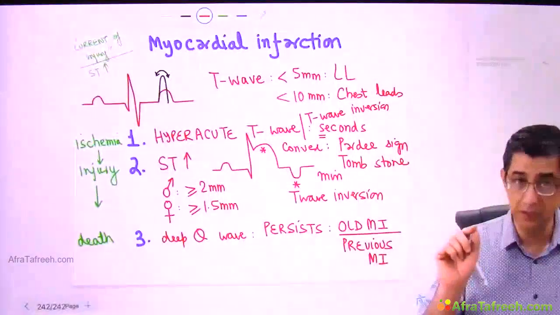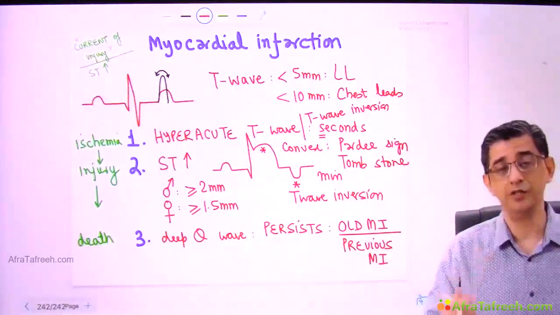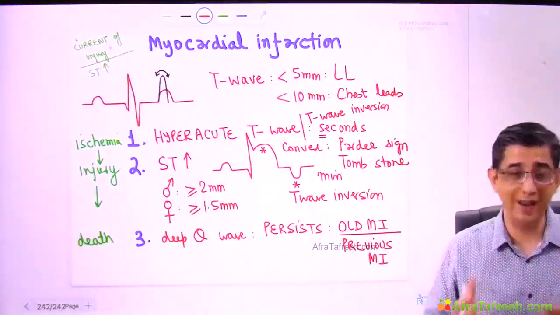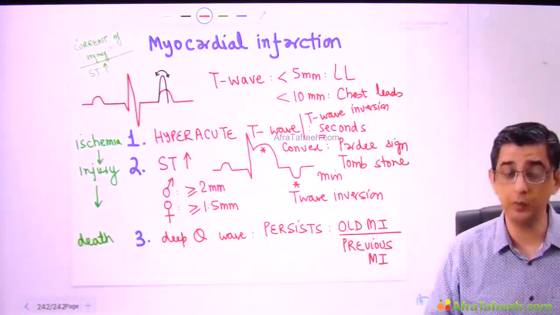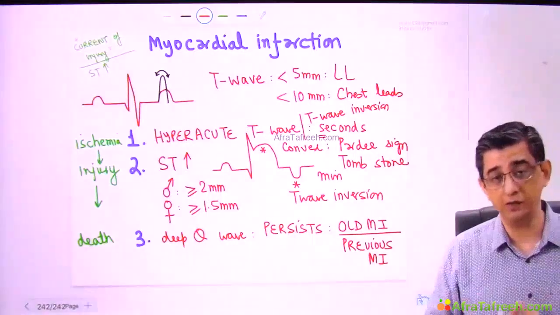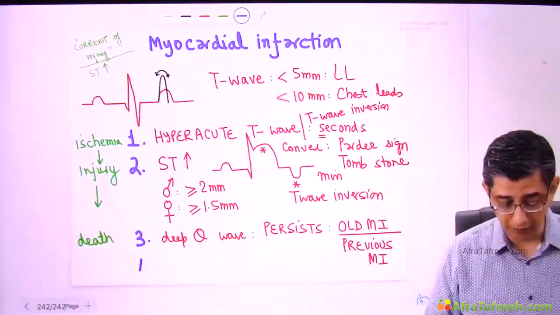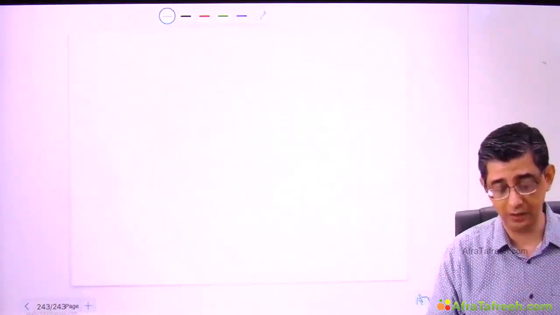If he specifies the word injury, then the first answer is ST elevation. If he says ischemia, the answer can either be hyperacute T wave, not given in options, it is T wave inversion. And as I said, 50% cases could be having non-ST elevation MI, that is ST would either be normal or can be depressed and could be associated with T wave inversion. For the fourth finding, which I'm going to jot down before you, I'll first give you a small explanation. Now just listen to this part and then we'll come back to this slide once again.